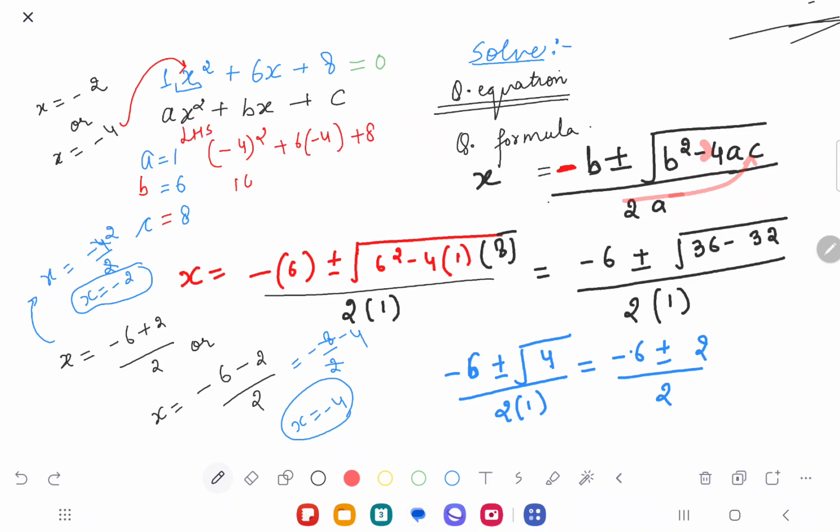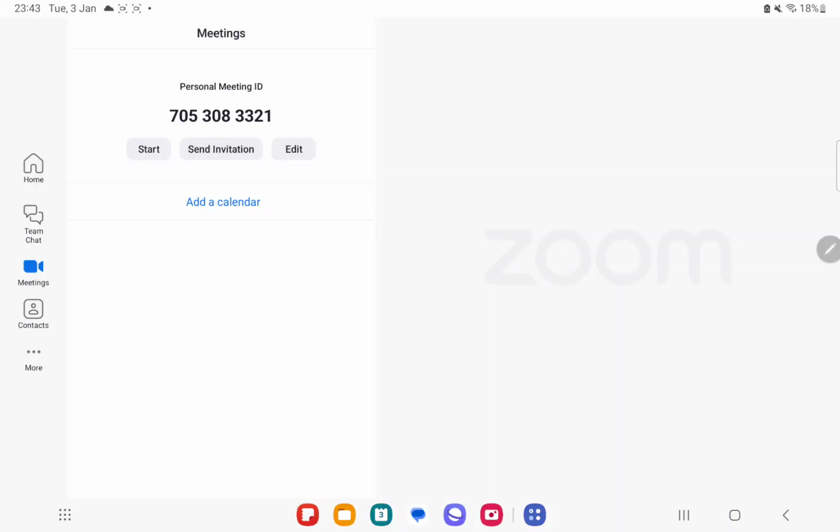So minus 4 square shall be 16. 6 times minus 4 shall be minus 24, plus 8. So 16 minus 24 shall be minus 8, and plus 8 again, that is 0, and that is equal to my RHS. So I hope you're understanding that even x equals minus 4 satisfies this particular equation. Understood or not? Right? This is how